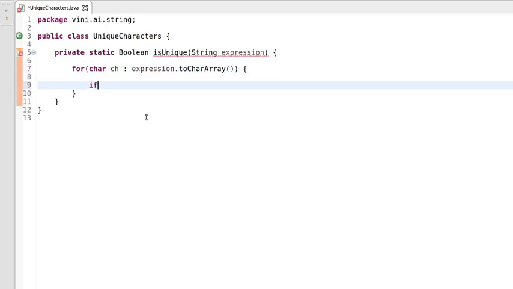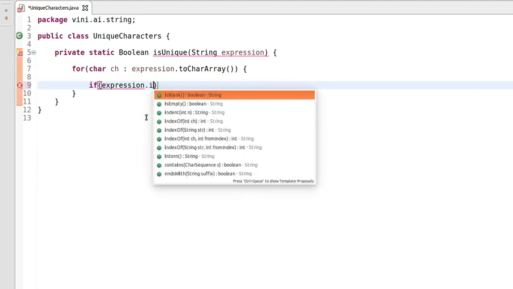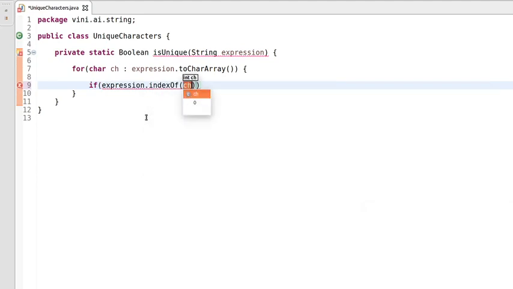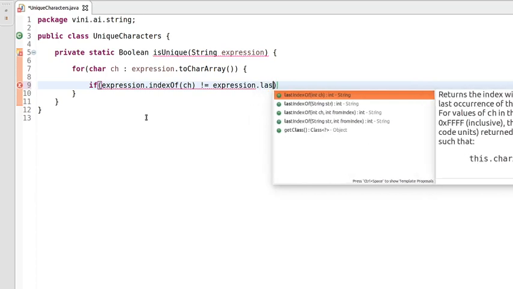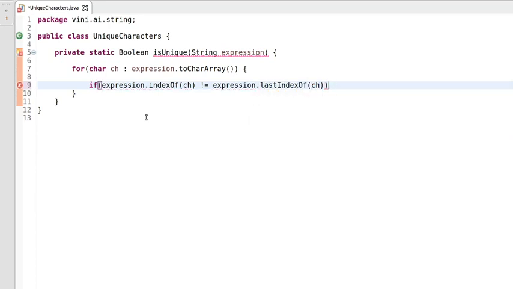Inside this for loop we'll be using a condition to find the occurrence of the current character. We'll say if expression.indexOf of the current character is not equal to the last index of the current character, then you can return false.